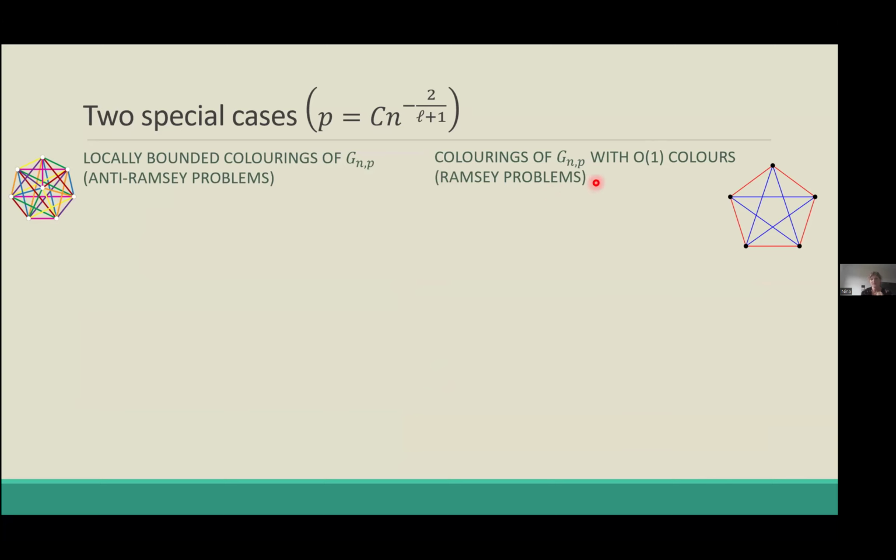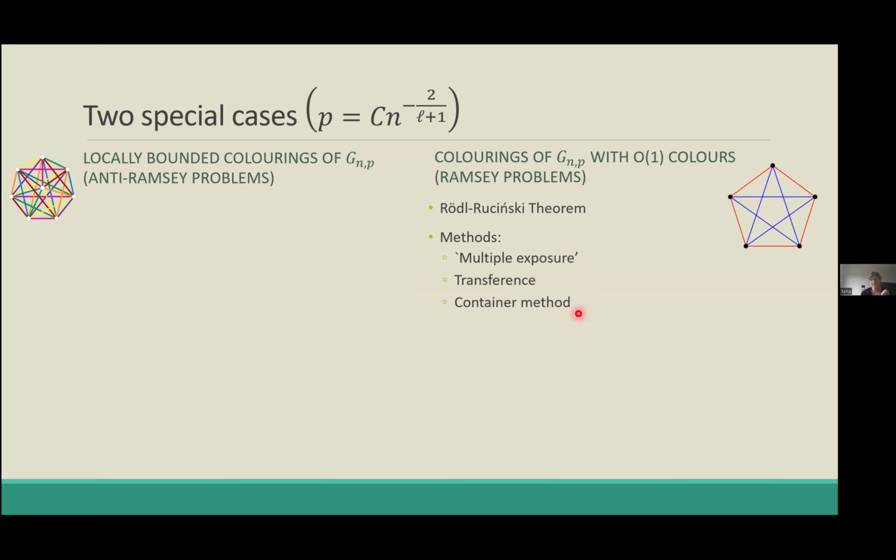First of all, the adversary can use a bounded number of colors. So then we're back to the Ramsey problems that we've already discussed. So this is the setting of the Rödl and Ruciński theorem. Well, the good news about this case is that we have a number of powerful methods to address them. So there's this more combinatorial multiple exposure method, and then the analytic transference method of Conlon and Gowers, and the ubiquitous container method.